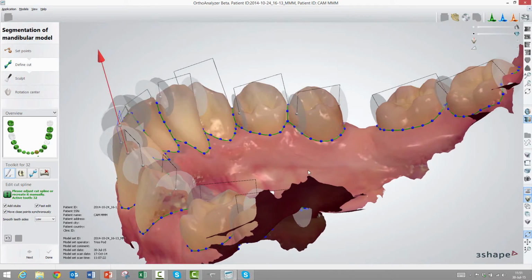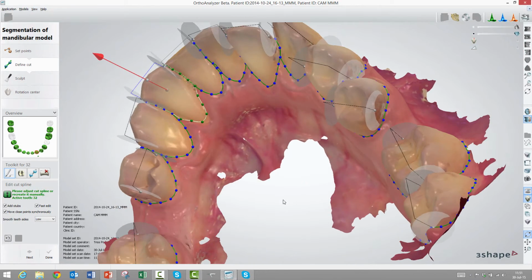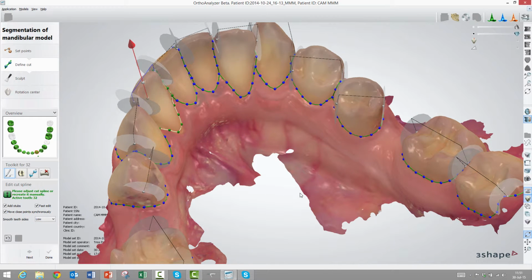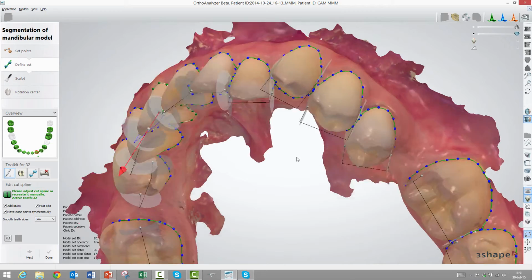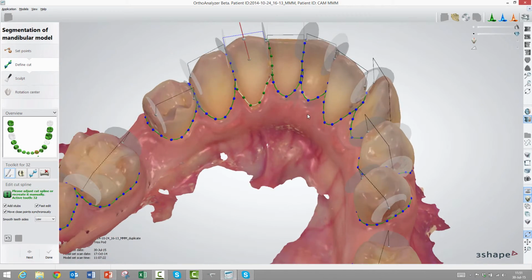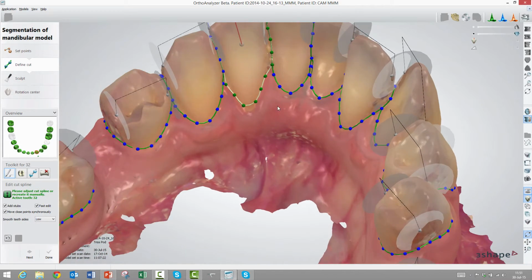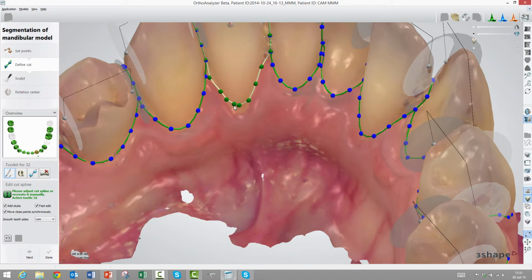So what happened here? It's basically separating the teeth from the gingiva. It's defined the marginal line around each tooth. It looks pretty good, but if I'm not satisfied, like this one down here, I can just draw them like this,